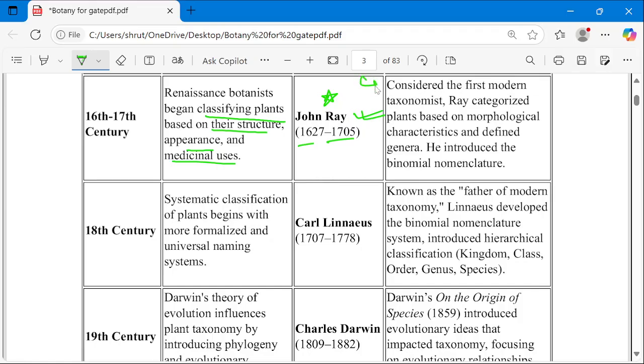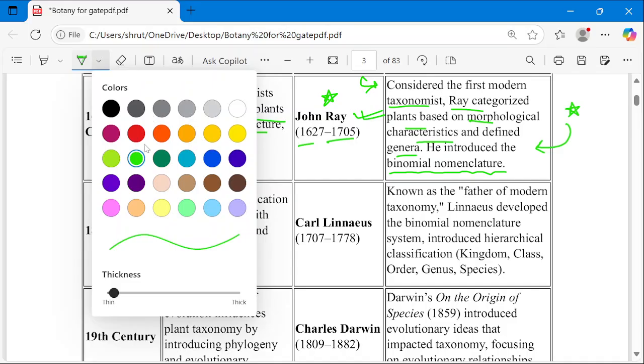Ray categorized plants based on morphological characteristics and defined genera, and he introduced the binomial nomenclature system. So who introduced the binomial nomenclature system? The answer is John Ray. Questions like this appeared in the GATE exam. Now moving to the next scientist and the next era,